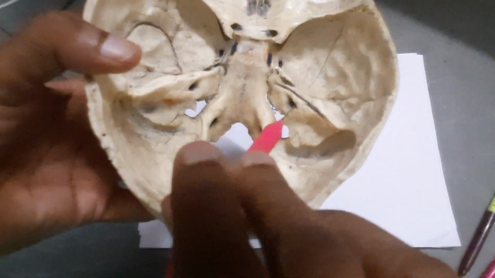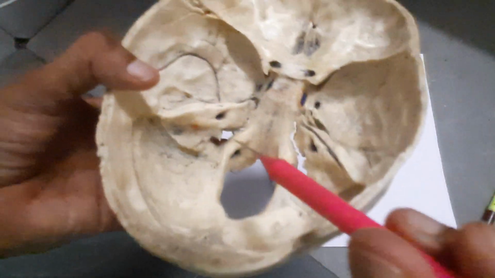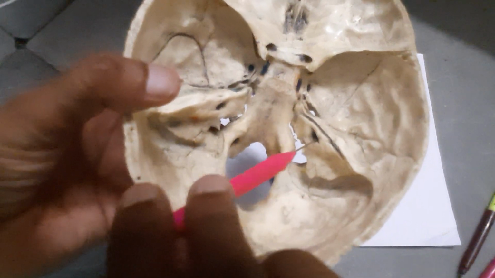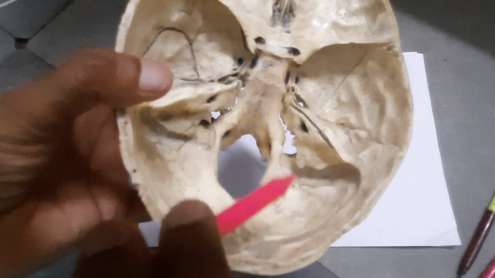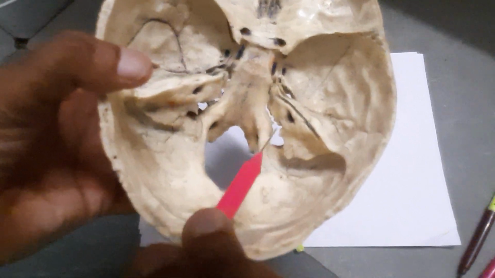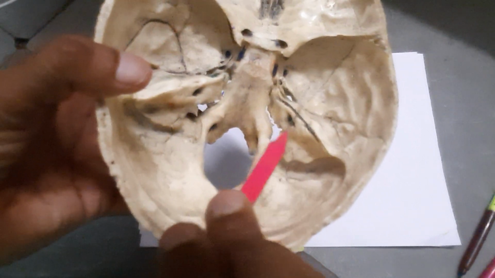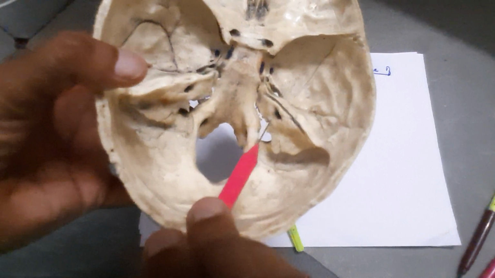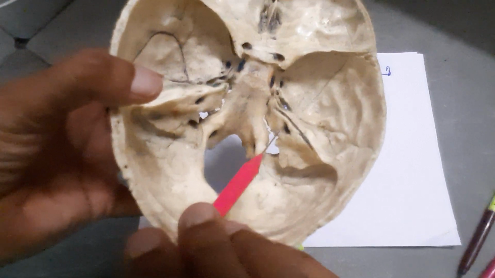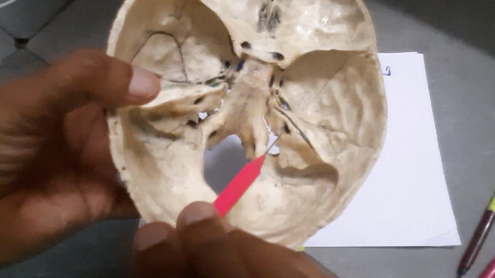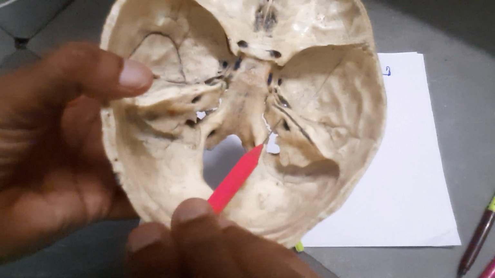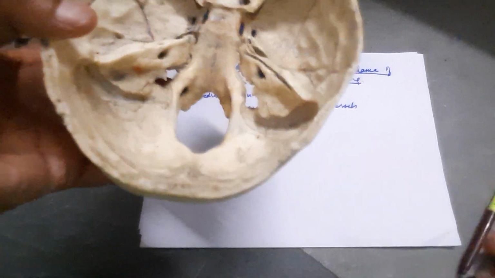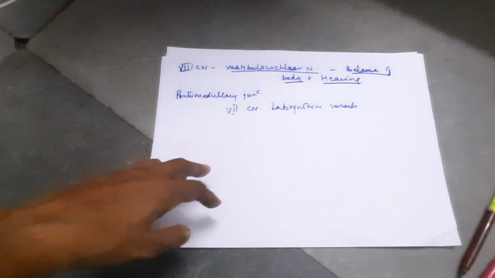This is the internal acoustic foramen on both sides, and through this it will enter into the ear. In the petrous part of the temporal bone, the internal ear and the middle ear are situated. So this 8th cranial nerve will enter through this internal acoustic meatus into the ear, along with the facial nerve and